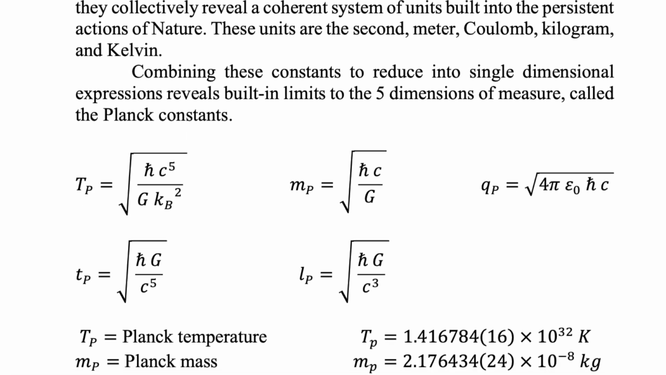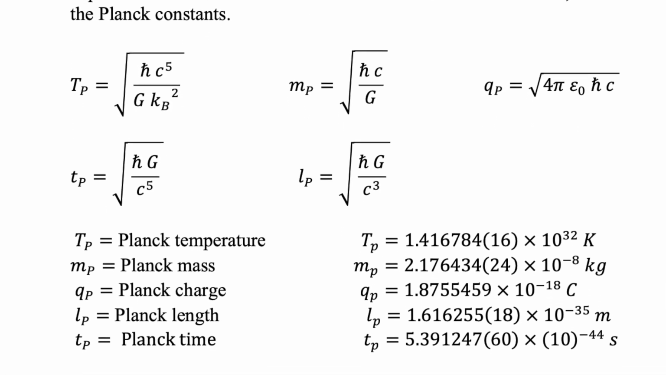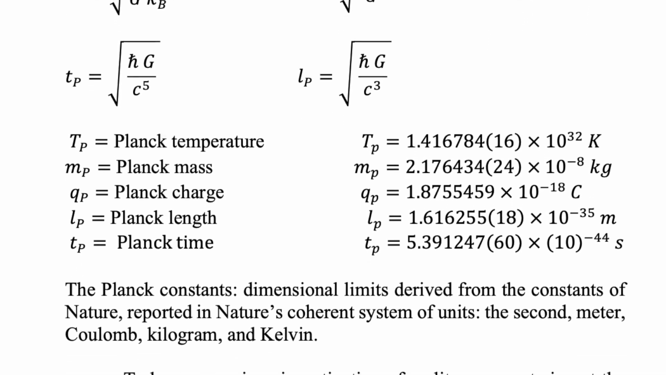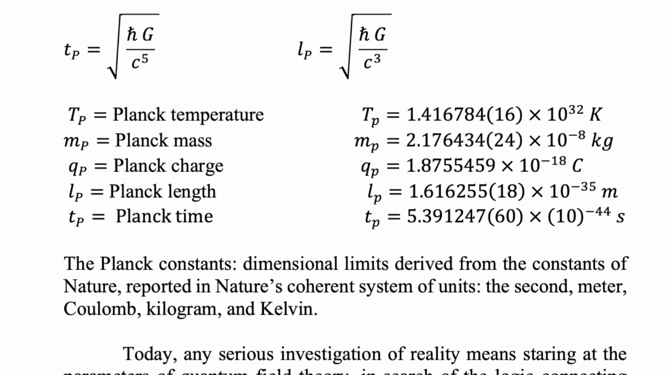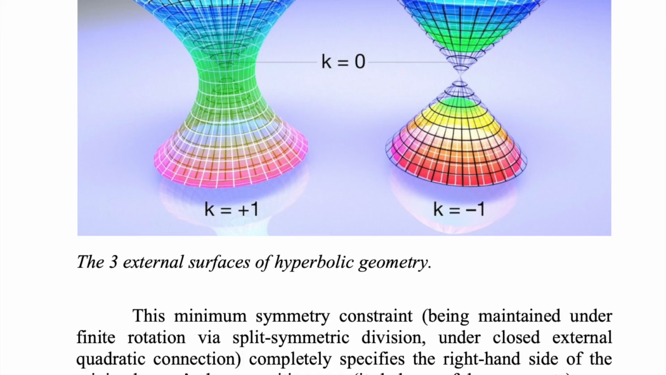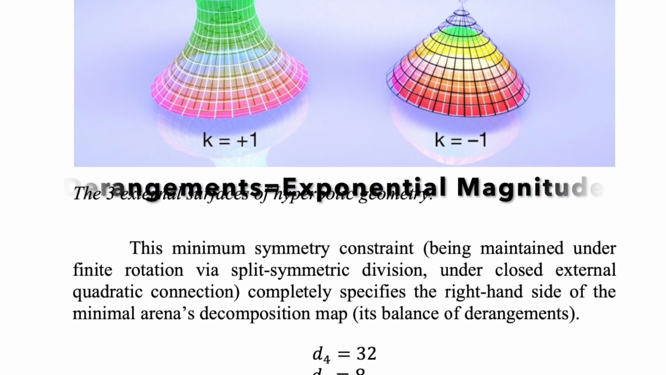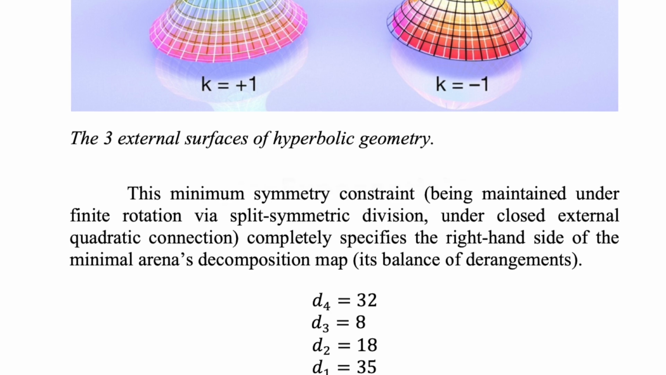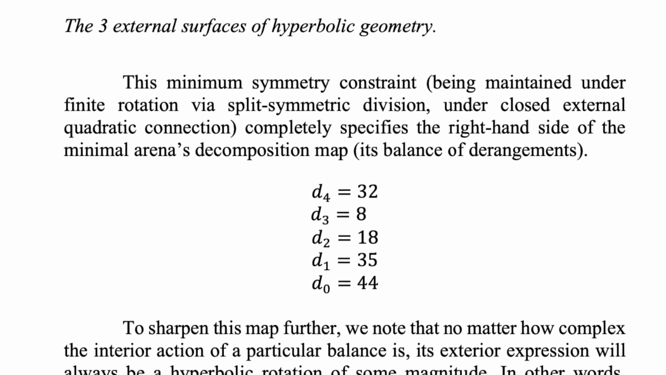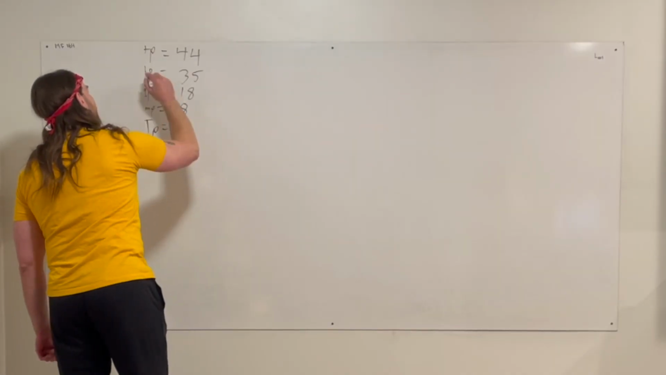Planck TP equals 44 derangements. We have LP equals 35 derangements. We have charge, which is QP. It's equal to 18 derangements. We have the MP, mass Planck, equal to 8 derangements. And then we have the Planck temperature, big TP, because if you get these confused, you're going to be off